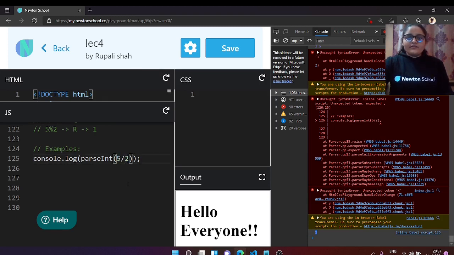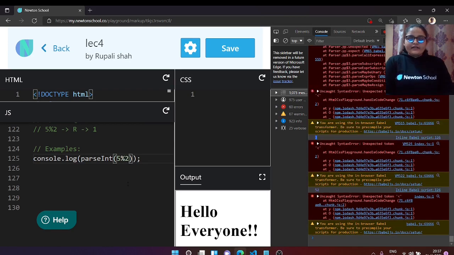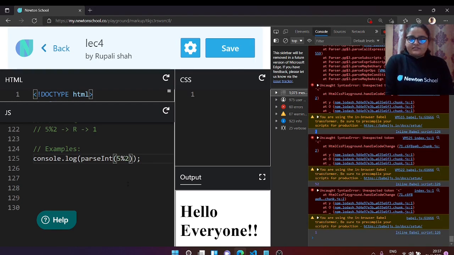But what if I want the remainder of this particular operation? I know that we can retrieve the remainder of a division using the percentage sign. As soon as I changed the division sign with a percentage sign, you can see that our answer also changed. Earlier we were getting 2, but now we are getting 1, and this came from 5 and 2 because we just changed the signs. So that was a bit of the difference between modulo and division.